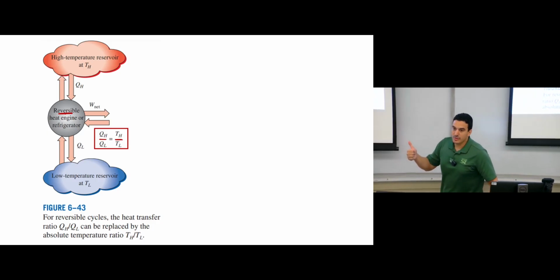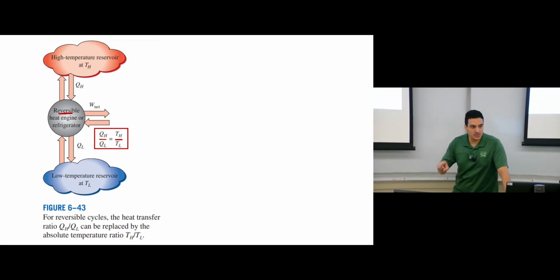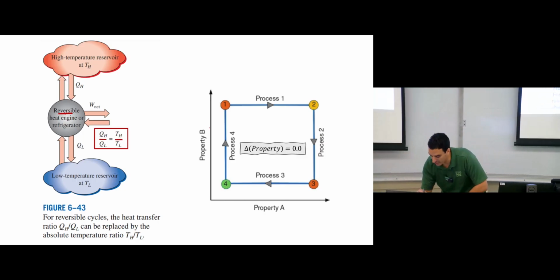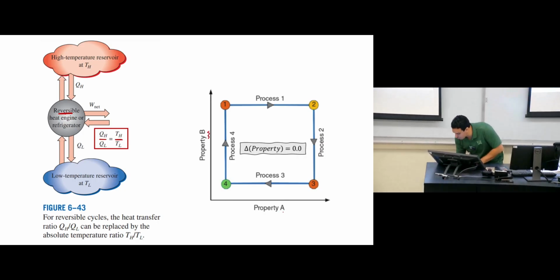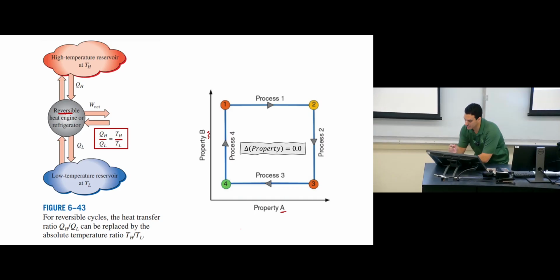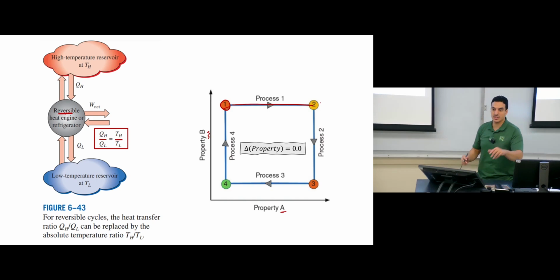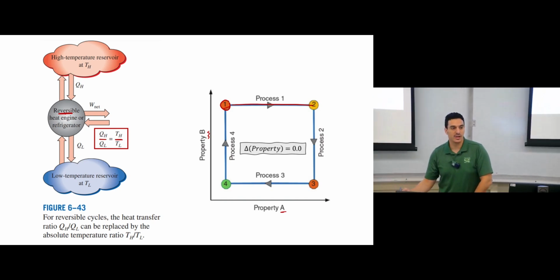One thing to remember about heat engines: we said heat engines operate in a cyclic process, right? Cyclic means you end up at the same initial condition. So if we need to make a plot, for example, for any properties we have, with property B on the y-axis and property A on the x-axis, let's assume we start at this point. We have one process, with changes happening to the system from case 1 to case 2.